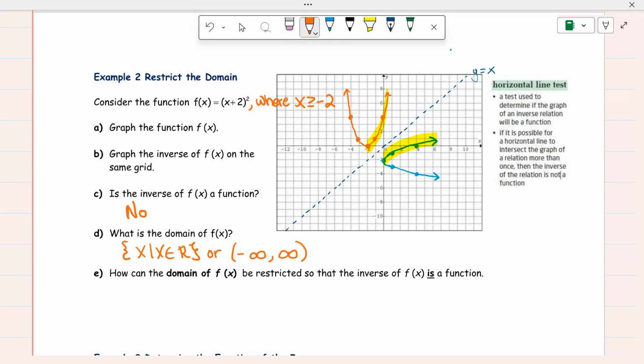And again, could I do the other side? Yes. I like using the vertex point, the point that basically cuts the graph in half. But technically, I need you to see that there are infinitely many answers. What if I said this, where x is greater than or equal to 0? Would that also be a possible answer? Yeah, because greater than or equal to -2, greater than or equal to 0